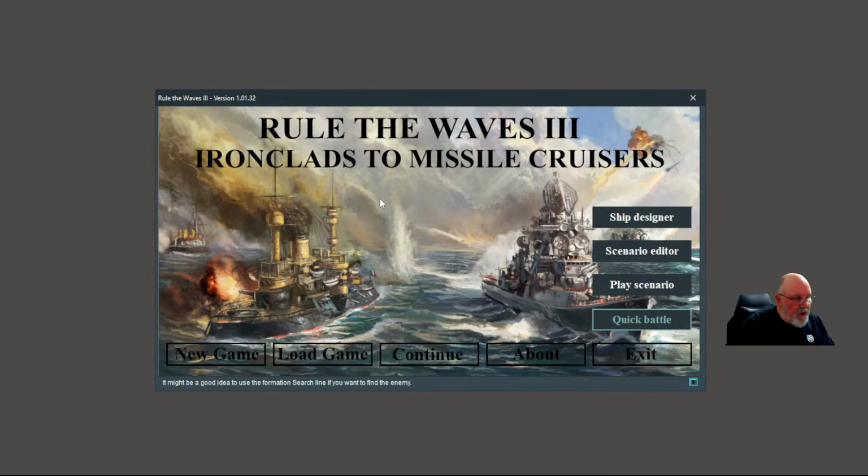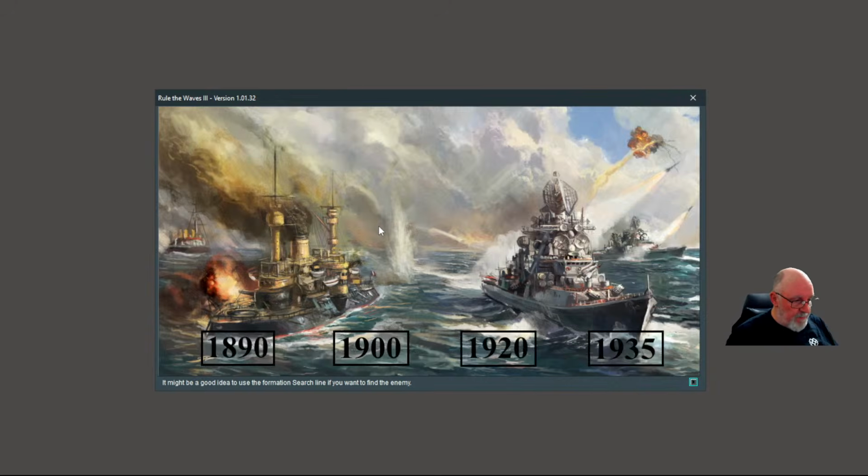All right, so the actual game. You've got 4 different ways of playing the game. You've got the 1890 start, which is the pre-dreadnoughts. This is pretty much at the end of the Age of Sail. You are getting the ironclads in this era, so you're going from an ironclad sort of area where